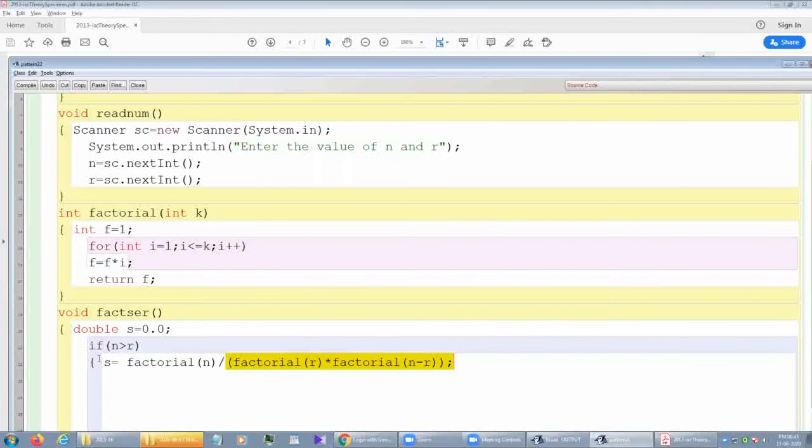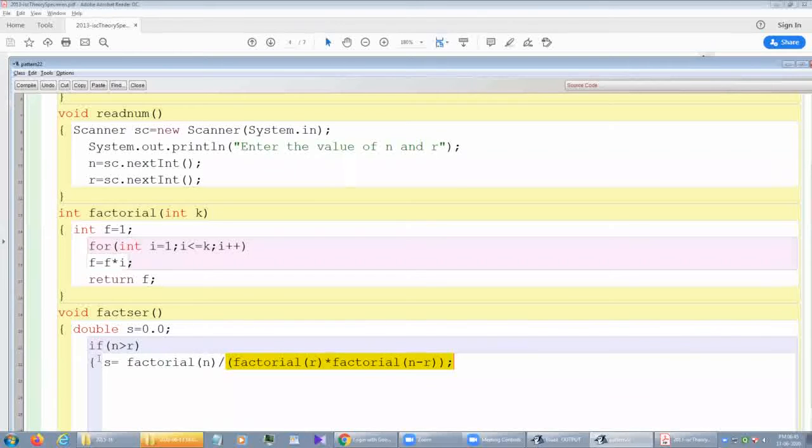The value of s becomes 0.0 only. Most of the cases we observed, students think double a equal to 2 by 3 gives 0.66 something, or double a equal to 5 by 2 gives 2.5.